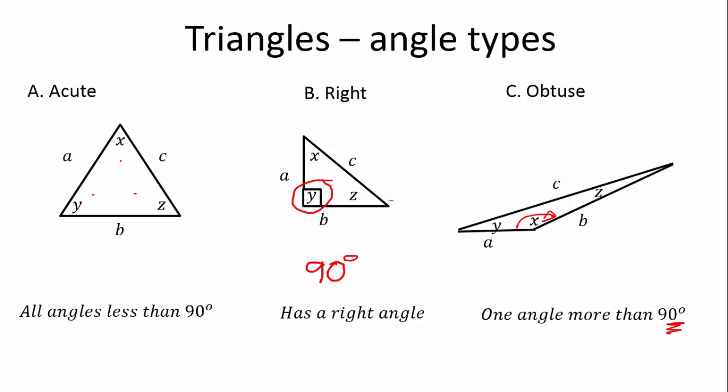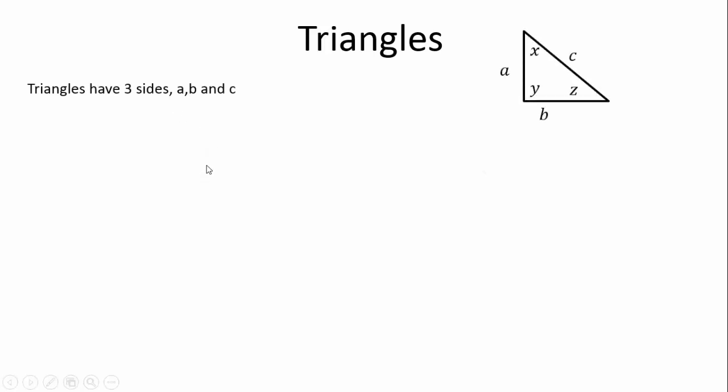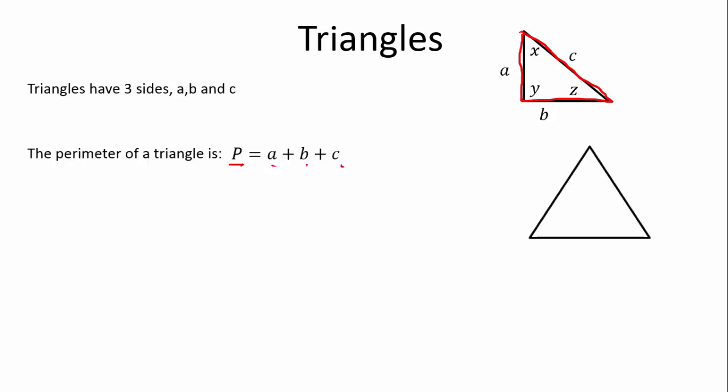So when we name a triangle, we use two names to describe it most of the time. So triangles have three sides, A, B, and C. Right? The perimeter of a triangle is simply P is equal to A plus B plus C. That makes sense. The perimeter, the length of the outside wall, is A plus B plus C, the length of those three sides. Then we have a triangle, also with A, B, and C, where the area of the triangle